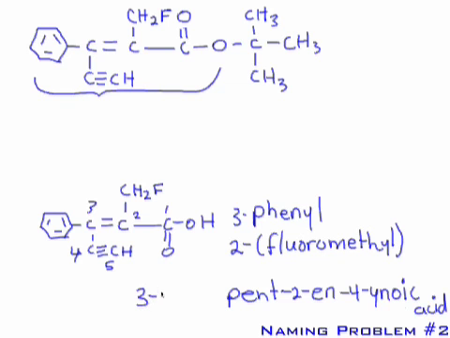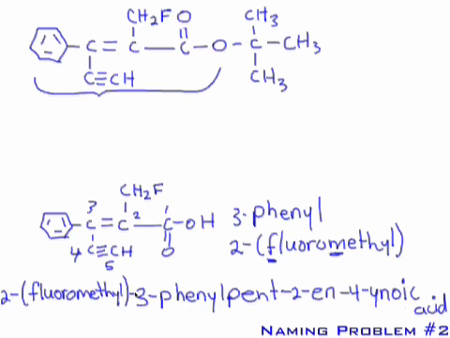You know the phenyl's going to come next. So whether you pick the F or the M, it would have come first. And so you've got your 2. You have your fluoro. Methyl. So 2-fluoromethyl phenyl pent-2-ene